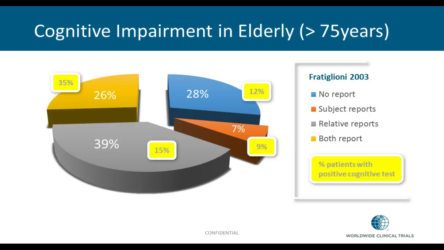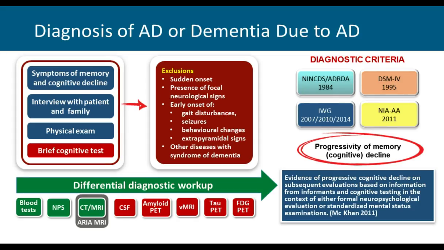observing some changes. But if you see this very interesting work from Fratiglioni in 2003, you can see that practically only 25 to 26% of people where caregiver and patient are reporting subjective memory impairment. Only in 35% of them this should be confirmed by objective tests. That's why we need to pay much more attention on proper diagnosis of patients with early cognitive impairment and also